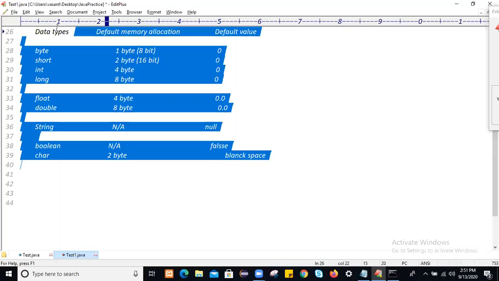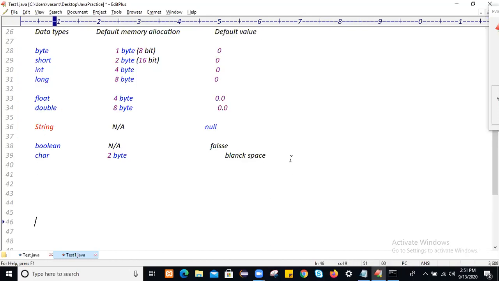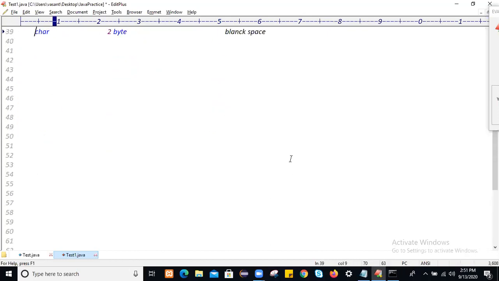Let's go ahead with type promotion. How to perform typecasting or type promotion for any data type. So the heading is type promotion. How to perform type promotion in Java? You know what data types we have? From left to right, byte is 1 byte of data, short is 2 bytes of data. Similarly, int is 4 bytes of data, long will take 8 bytes of data, then float and then double. So we have one more data type that is called character type, 2 bytes of data.